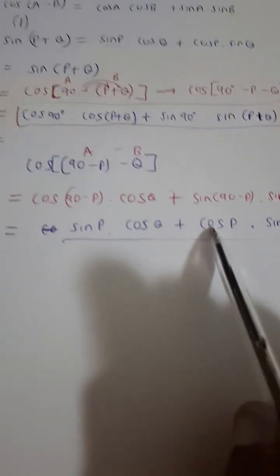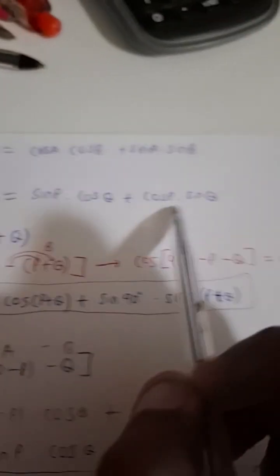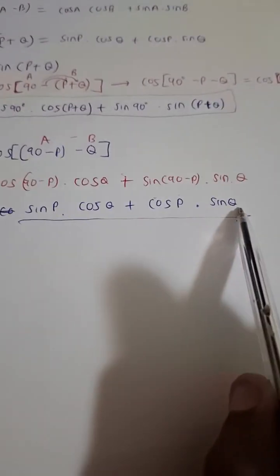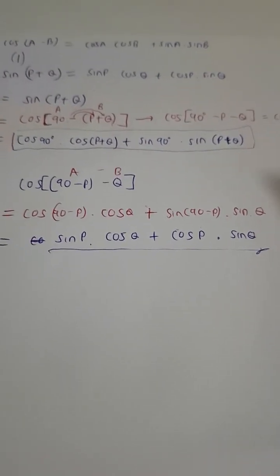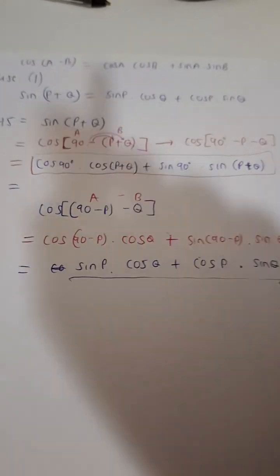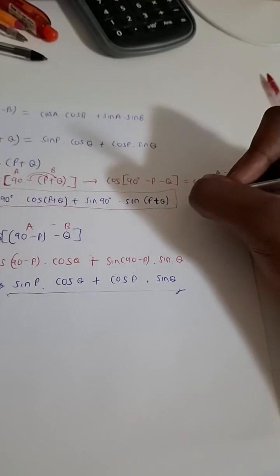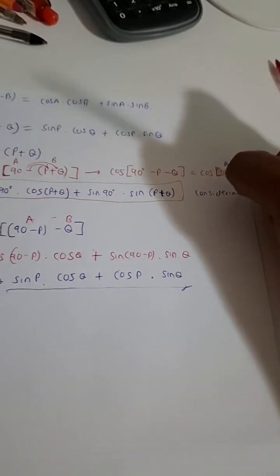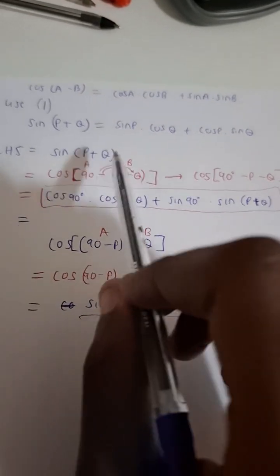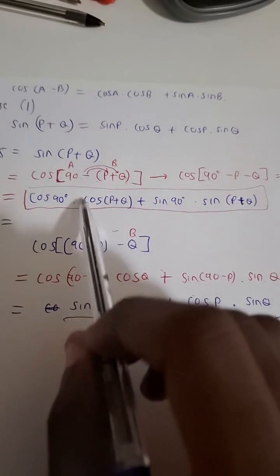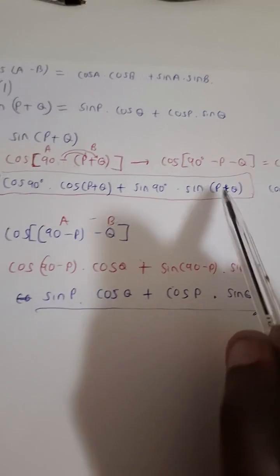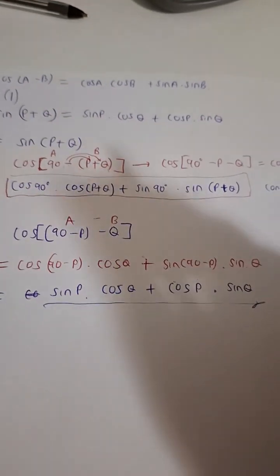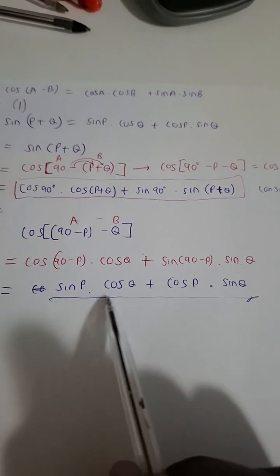Weren't we asked to prove that this sine p plus q is equal to this expansion? There it is. It's the expansion and it's 100% correct. And yes, we had to actually maneuver a little bit. So we're not considering this one, because this was a direct result of actually seeing that if we move from here to this, it is going to complicate our lives, because we have another compound angle and another one. And really and truly, we want to avoid such as much as possible. So life then becomes easy